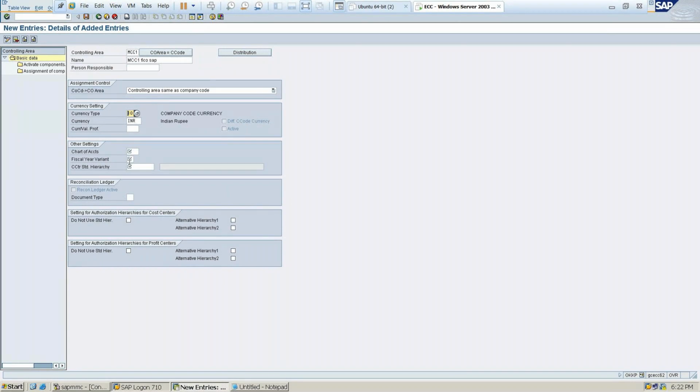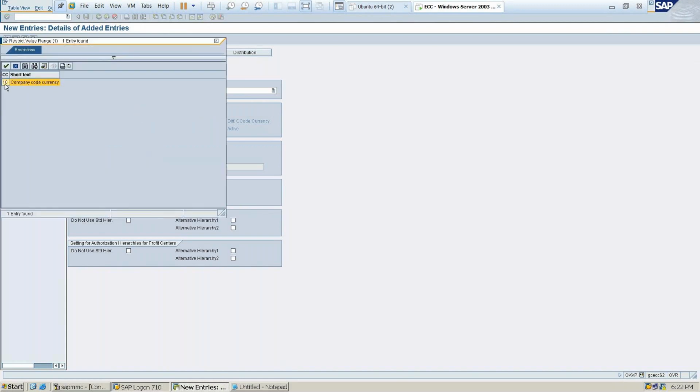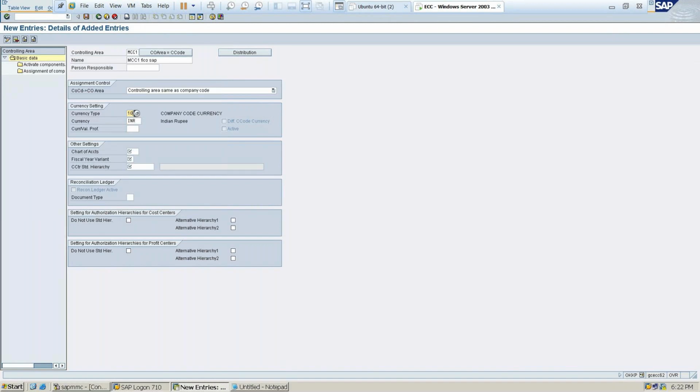Now this is my personal laptop where I'm teaching. Whatever I taught in the previous classes was from the NICT laptop, where I did everything from the first. Here I have done only from the middle. So if I do that process, it will ask me to create it, meaning it's not taking automatically. In the currency type, always click on the pop-up button and double click on the company code currency. Immediately it will add the chart of accounts, fiscal year variant, whatever you have created, and the standard hierarchy of the cost centers.